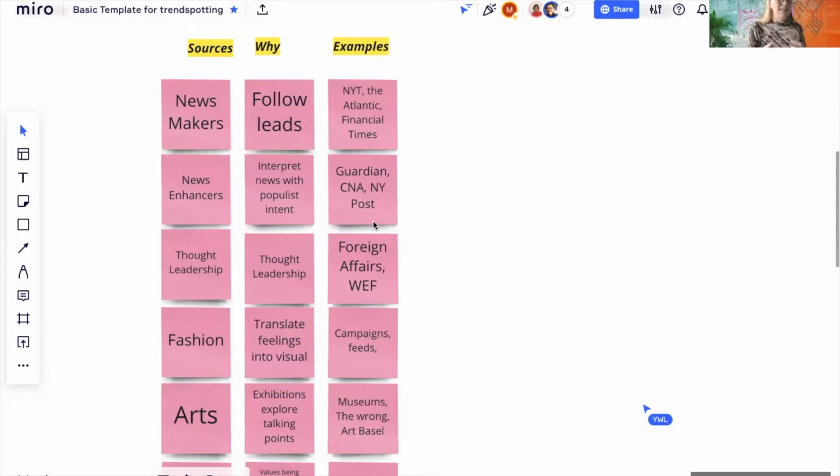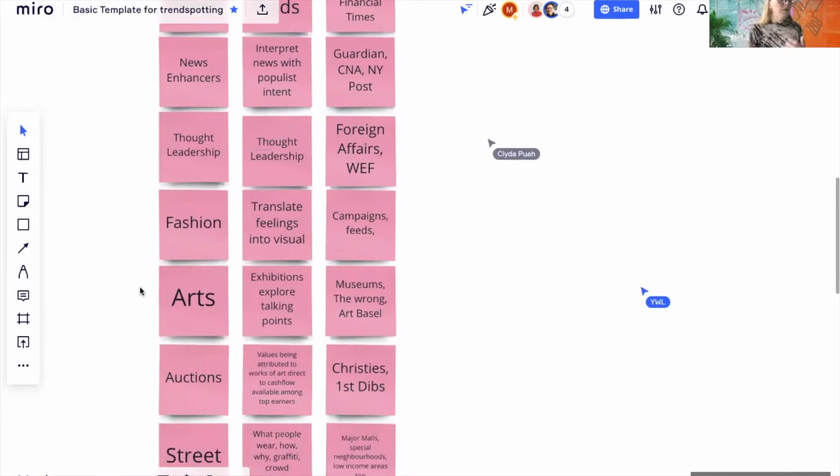So they look for popularity and look for a topic that drives click-through rate. So they're also a good measure of understanding where the world is going. Pieces that explore thought leadership are also great sources of content. So when we talk about foreign affairs, the World Economic Forum, when we look at fashion, fashion is important because